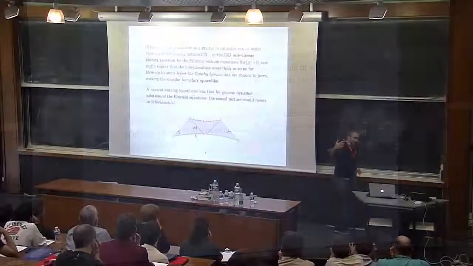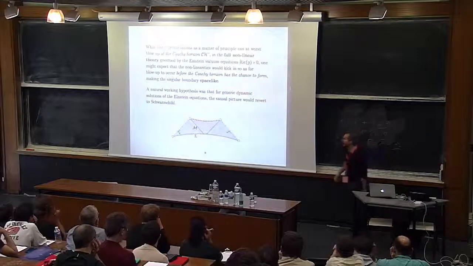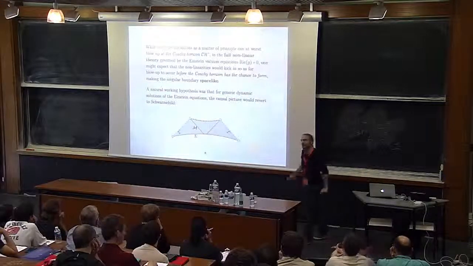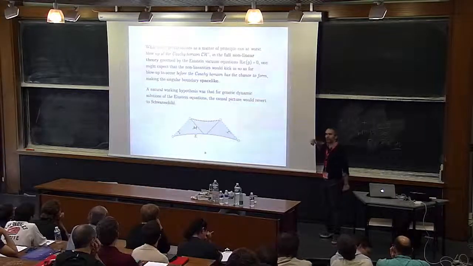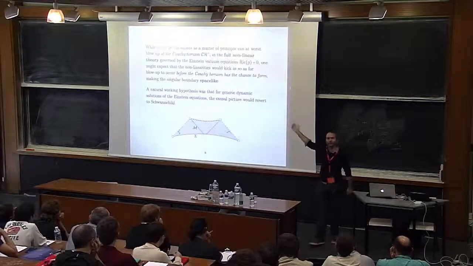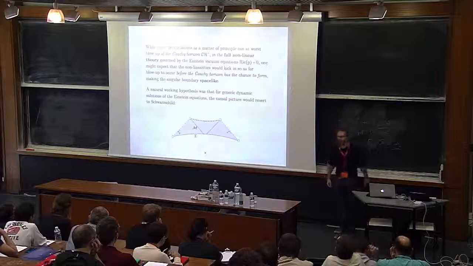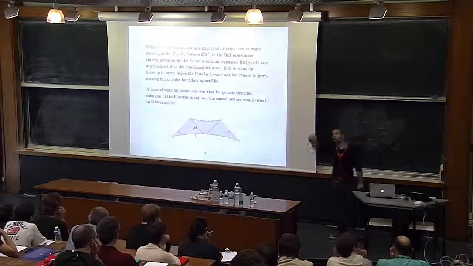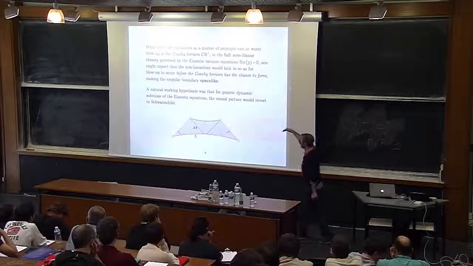But of course, the Einstein vacuum equations are nonlinear, and it's reasonable to suppose that once linear perturbations get very big, then you become inside of some nonlinear regime, nonlinearities kick in, and this would cause blow up to occur before the Cauchy horizon,